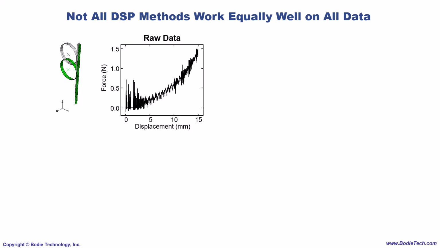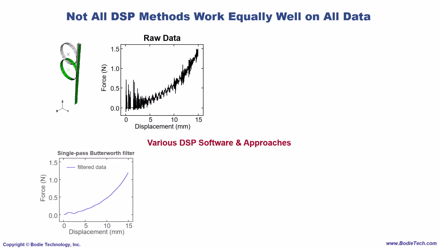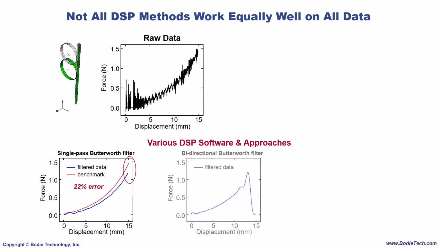Unfortunately, not all DSP methods work equally well on all data. Here is some noisy force displacement data from an explicit FEA model. Filtering this with a single-pass Butterworth low-pass filter looks smooth until we compare it to the benchmark and see we have a 22% error. Using a bidirectional filter with an academic